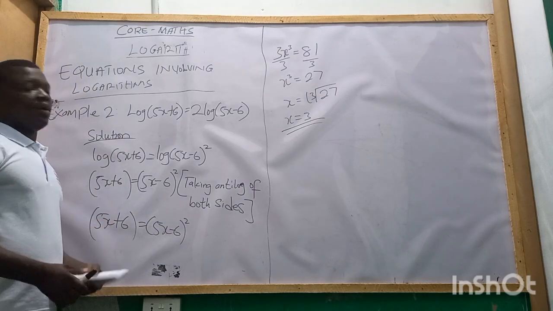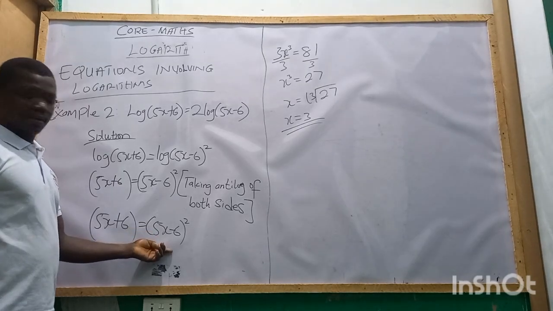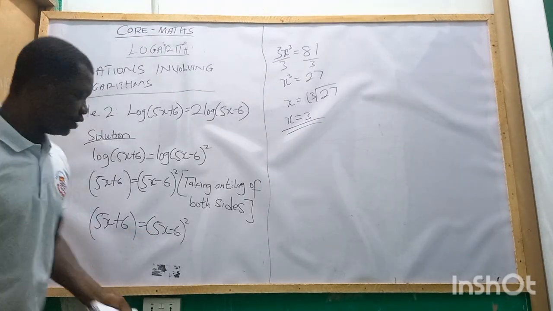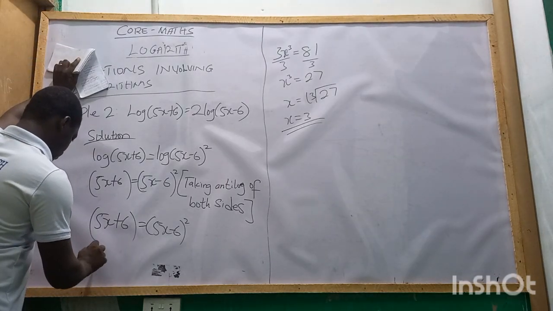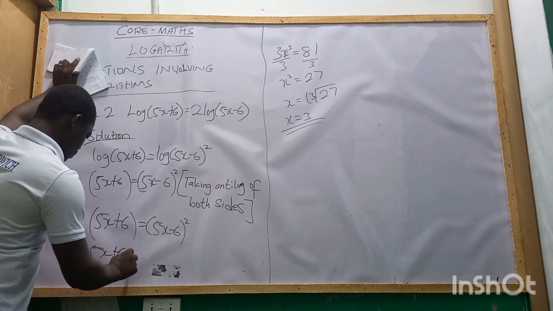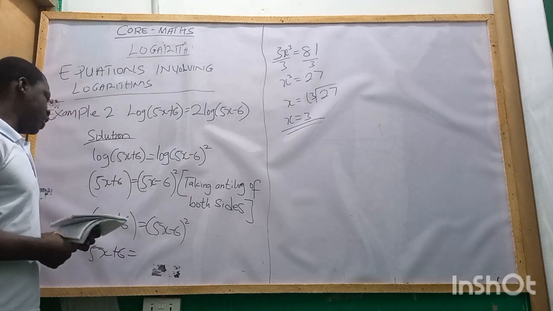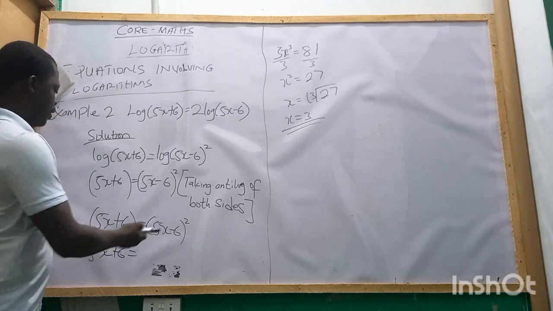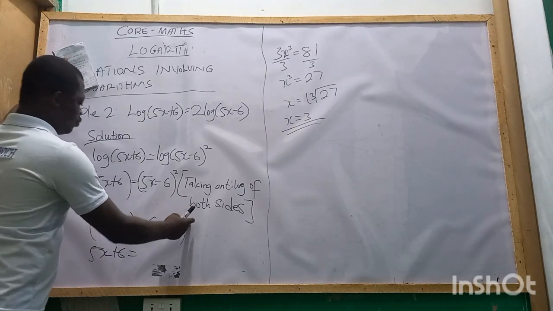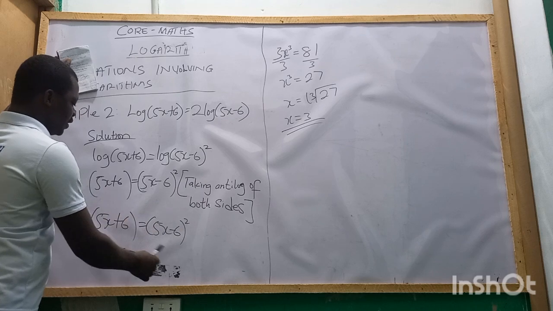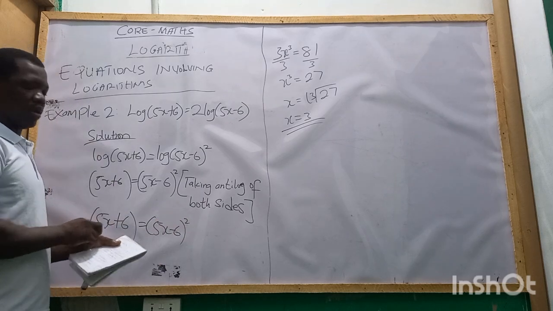So we have to expand this bracket, right? Okay, so let's do the expansion. There are several ways of doing it, but I prefer the easiest one. This one we square it, then 2 multiply whatever is in the bracket, then the 6 we square it. So 5x squared, I'll get